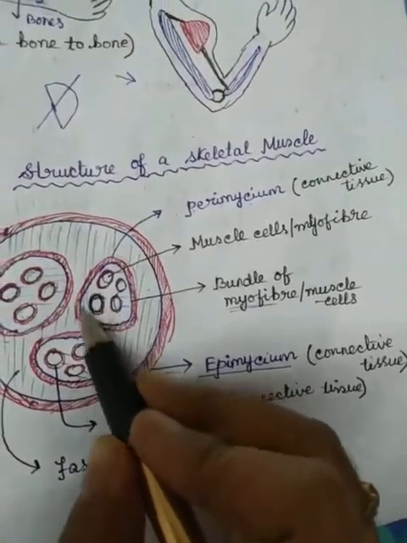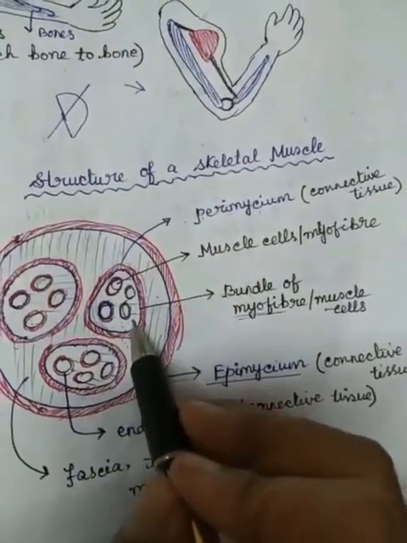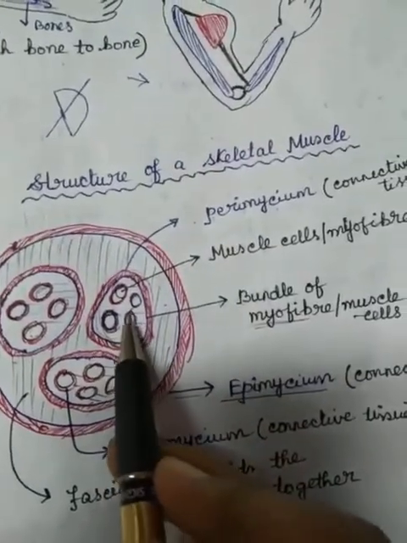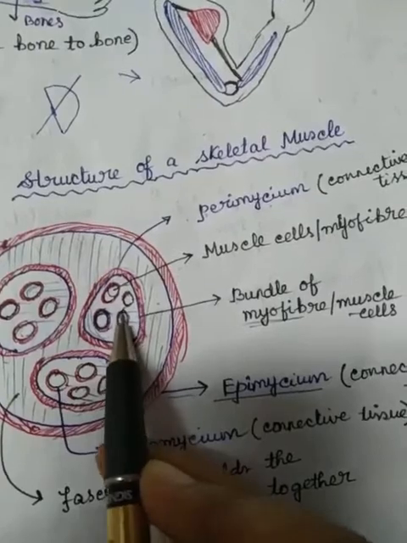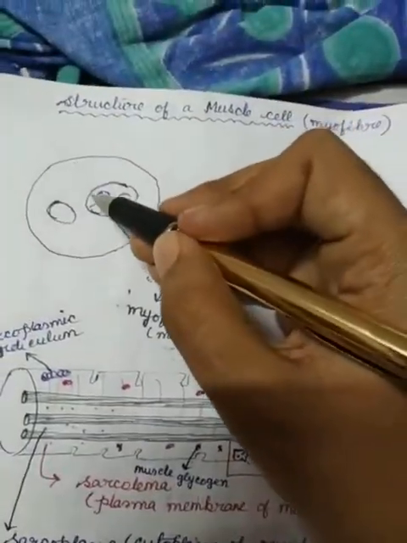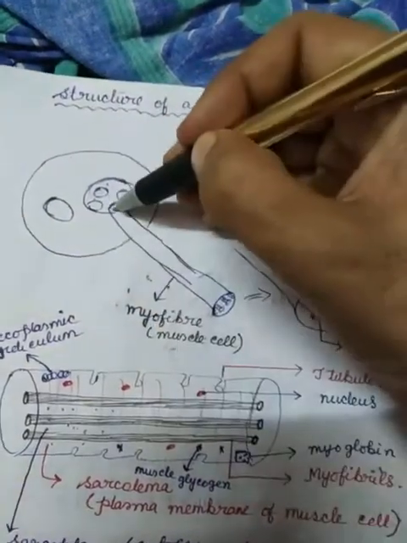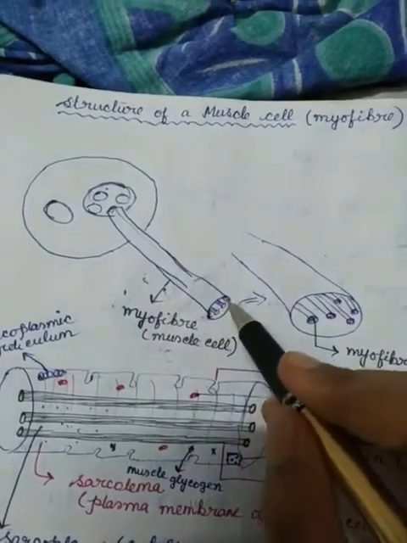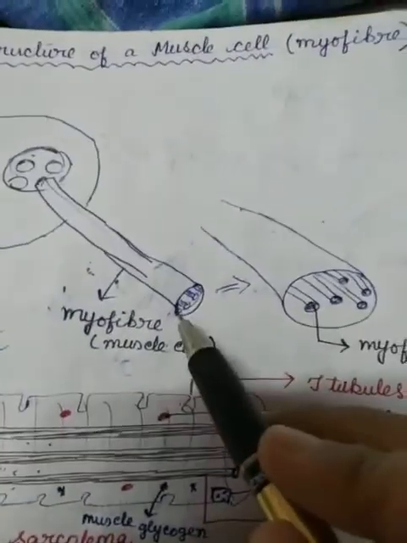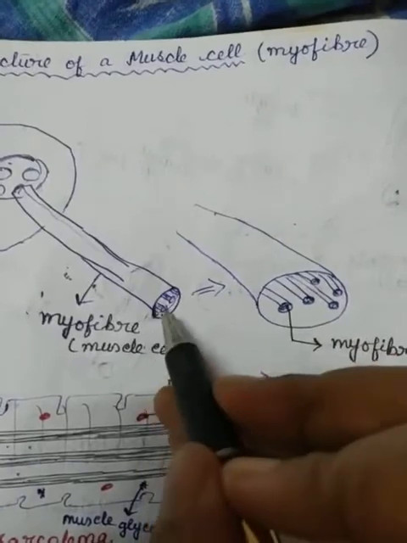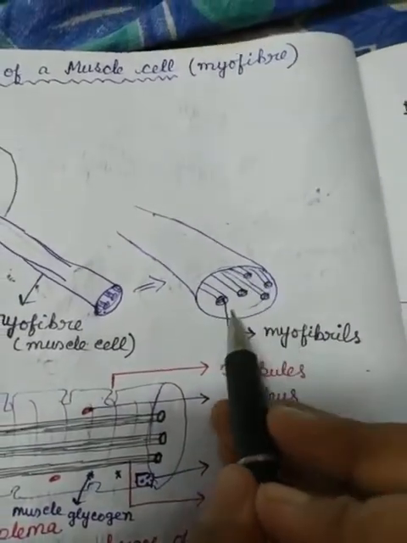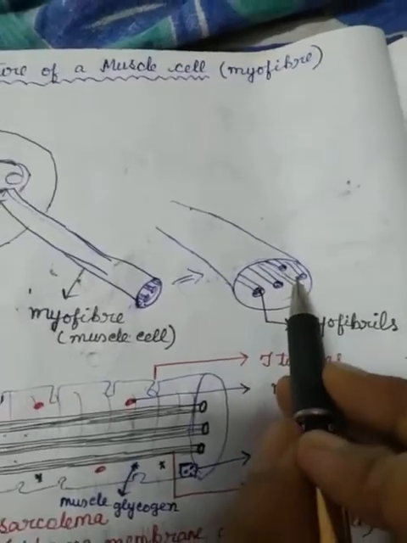Now you have to understand properly the structure of each skeletal muscle cell. Suppose it looks like a packet that contains cigarettes. Similar structures are there. Suppose we have pulled out a cigarette, or we have pulled out a muscle cell. Suppose within this bundle there are 4 muscle cells. We have pulled out one of the muscle cells, or one of the myofibers. What we have found within this myofiber is that small myofibrils are present.